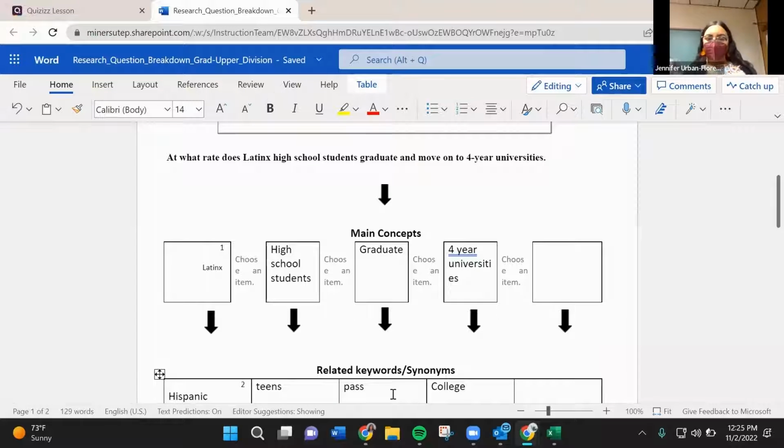No? Any questions in the chat? If you do have any questions in the chat, again, feel free to let me know, and then we can go through them as we see fit. But if there are no questions right now, I do encourage you to save this document, download it.